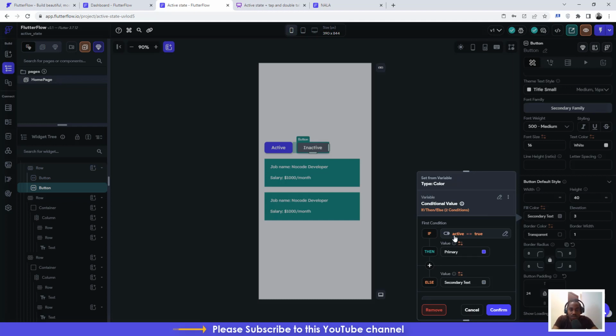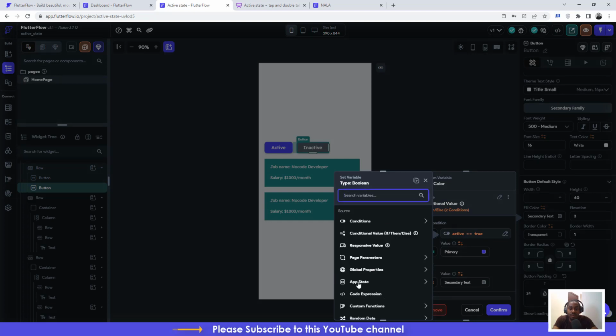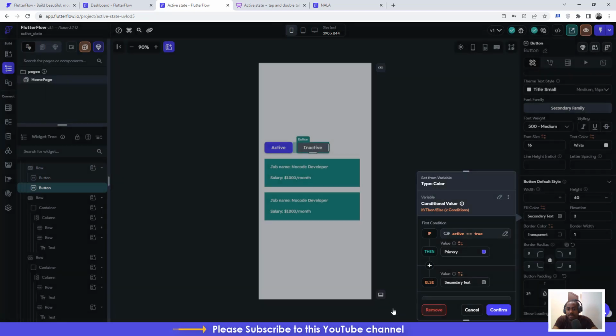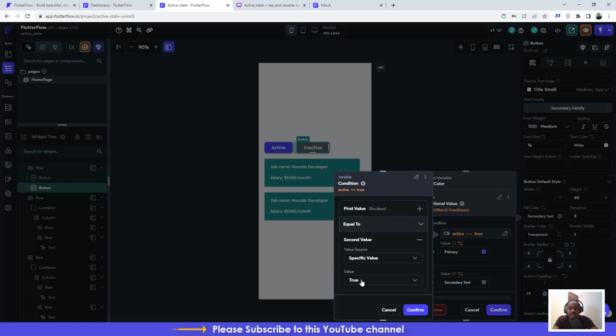But now I would just go ahead and change active, so let me click here and go to the app state. So I'm going to adjust this. The first value is active, and it's equal to, that's fine. And we want to say this time around it's false. So if it is false, right,